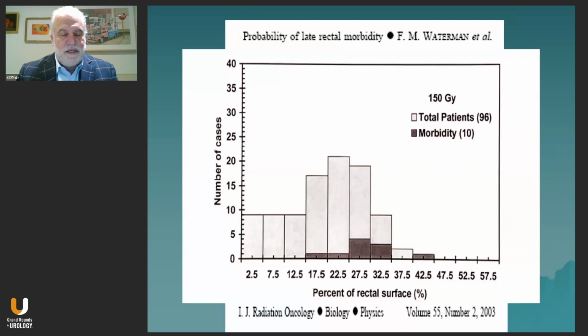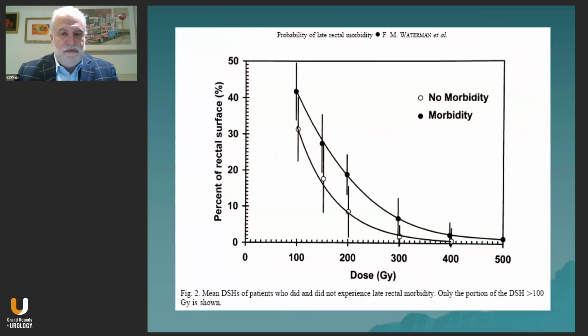Other people subsequent to that also found relationships between brachytherapy dose to the rectum and developing morbidity. This is a paper from Frank Waterman, and instead of looking at the amount of rectal tissue, they looked at the percent of the rectal surface that received a given dose. They had 10 patients that developed rectal morbidity, and as you can see, those patients had a higher percentage of rectal surface area compared to the larger percentage of patients who did not develop any rectal morbidity, who had lower surface doses. This is another graph from their presentation, again, showing that those patients that had rectal morbidity at